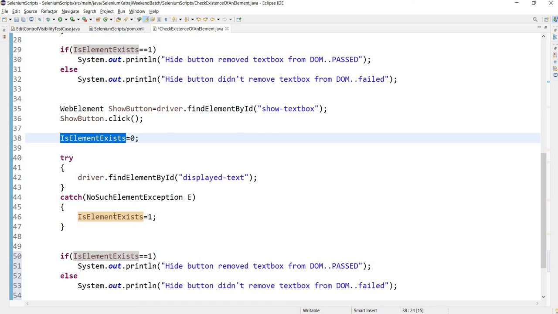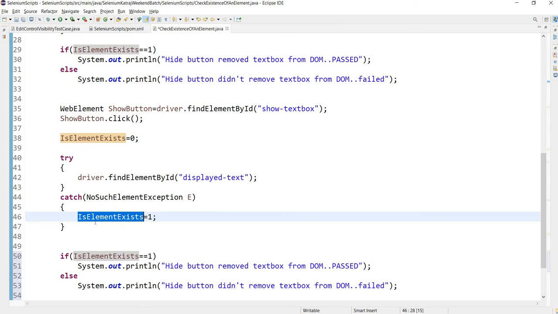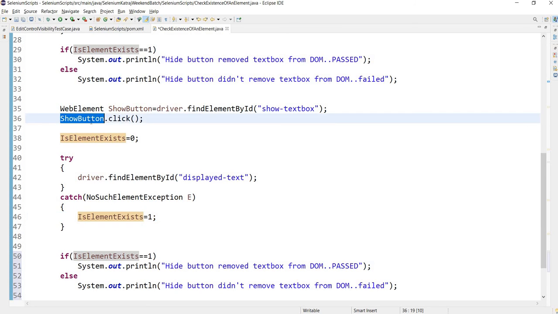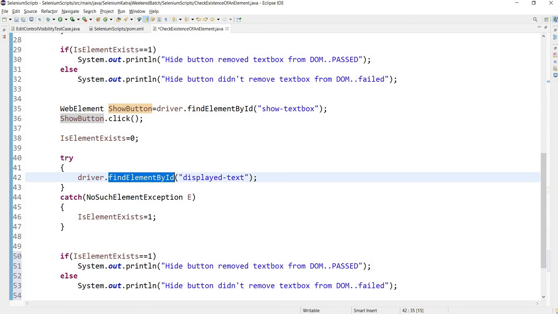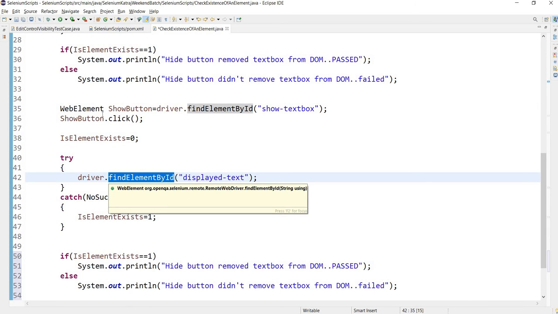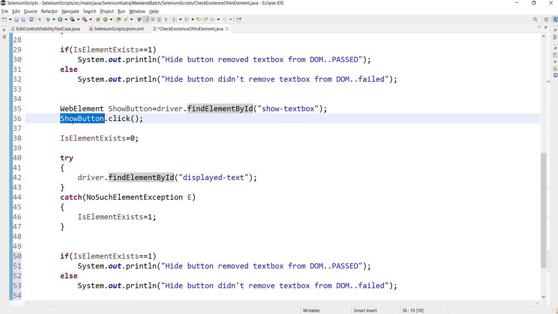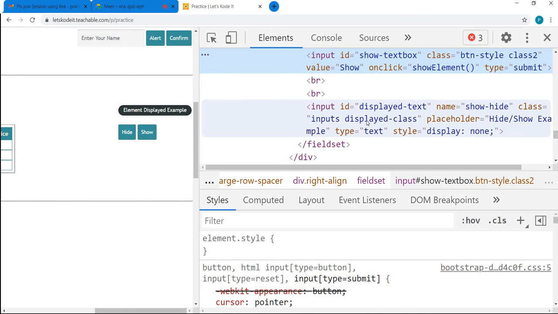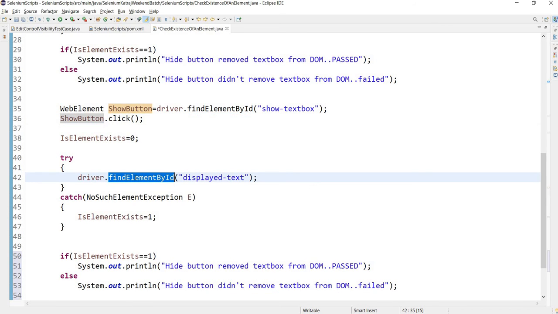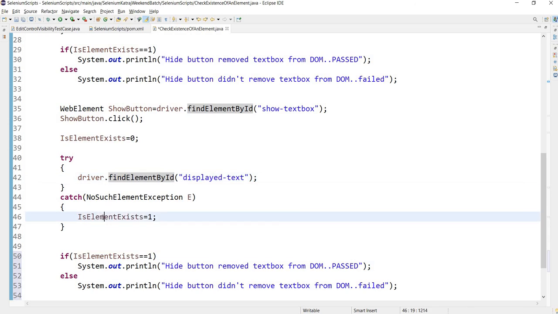We don't want it to change its value to 1, because after we click on show button, we are expecting our showButton.click to add the element back to the DOM, and we want this to be successful in finding the element and not returning any exception. So we don't want our code to go into this catch and make this variable 1 here.